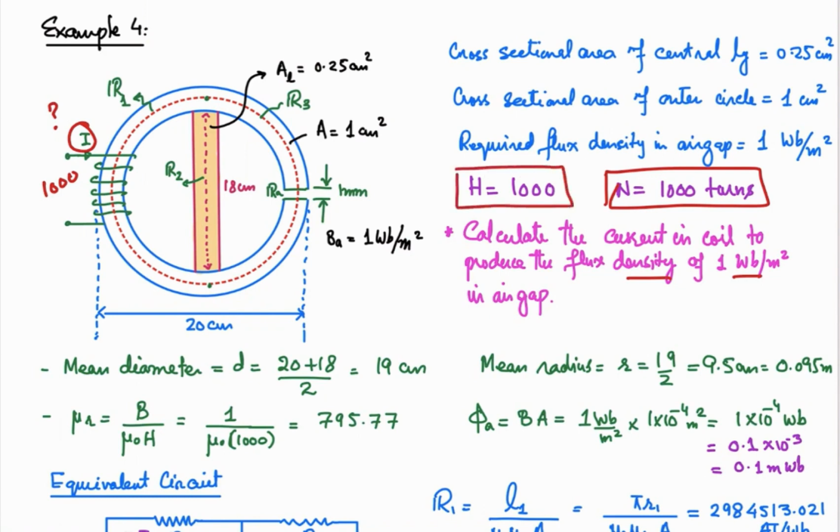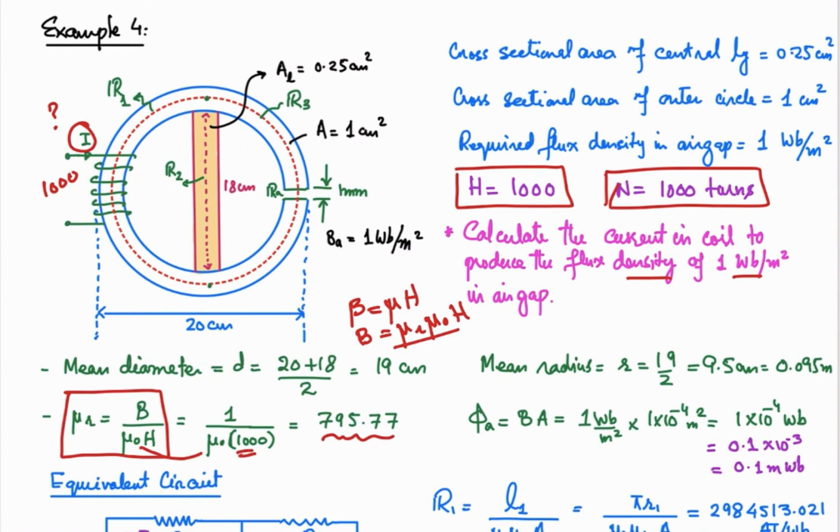The magnetic field intensity is given to us. So how to find out the relative permeability? You know that B is equal to mu H for the magnetic circuit, and considering the relative permeability and the permeability of free space, it can be written like this. So from here we can work out that relative permeability is B over mu naught H. B is given to us, that is 1 Weber per meter square, and mu naught, and then the H that is given to us is 1000. So required relative permeability is